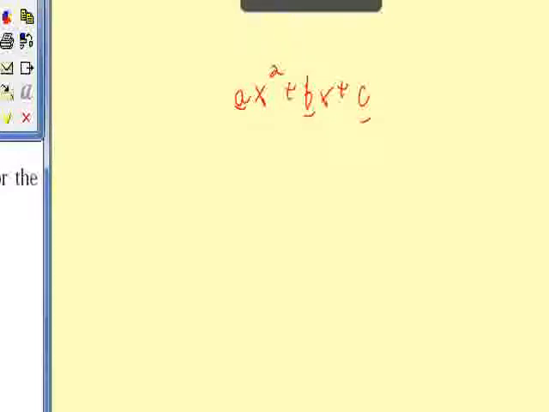Whenever you factor something like this, you take the last term. I'm going to write that plus there because it's important, and then you factor it. You find out which numbers multiply out to be c, or the last term. 1 times c is obviously going to be c, and you keep doing that until you find two factors that add up to this b part, this middle coefficient, this middle term. I'm going to make a square around the positive because the sign there is important too. And then when you find those two numbers,